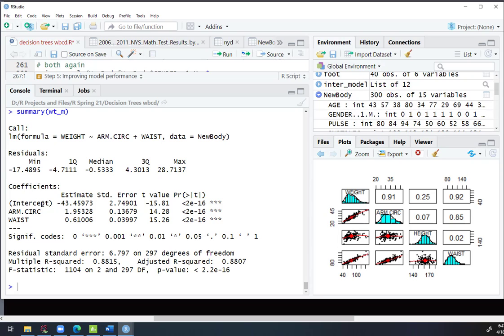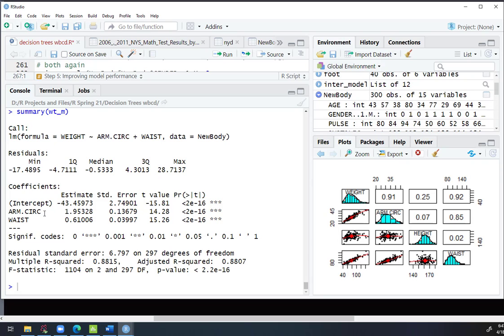The intercept, beta naught, arm circumference, the coefficient would be beta 1, and waist would be beta 2. And these are their values. Well, their values are what they are, but they tell me something. It tells me that, other things being held equal,